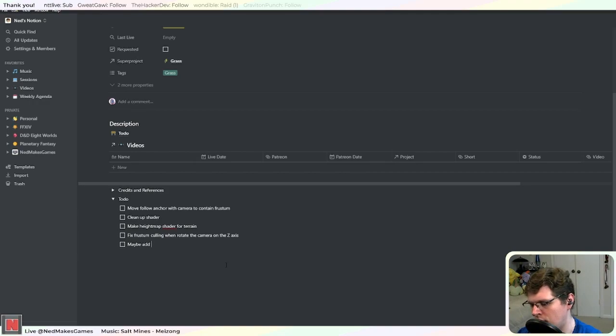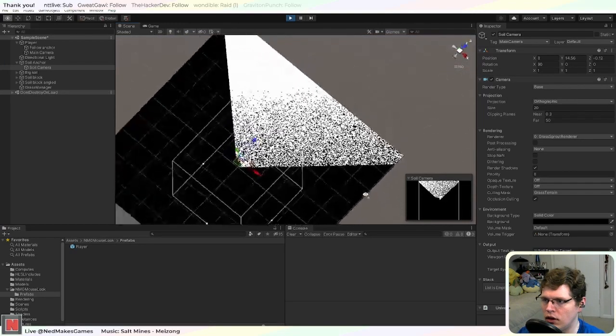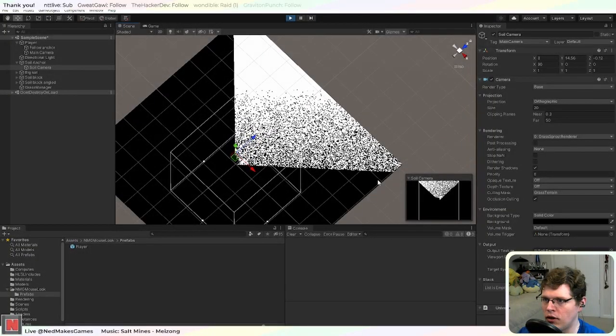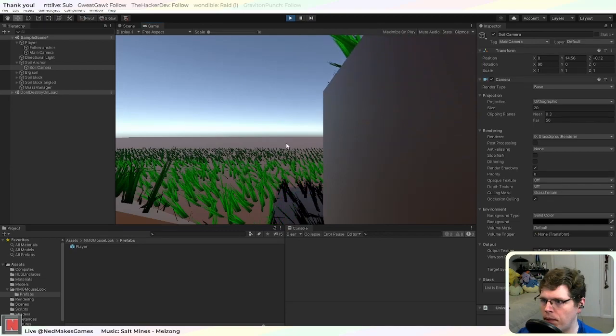Maybe add custom culling for the soil camera to fix over-spawning on large triangles. Yeah, because right now it's spawning grass outside the range of the soil camera, but I don't know if that really matters that much, but